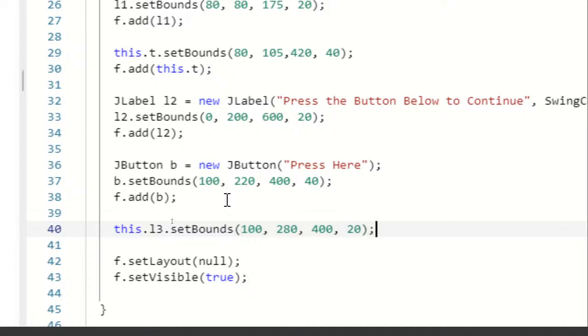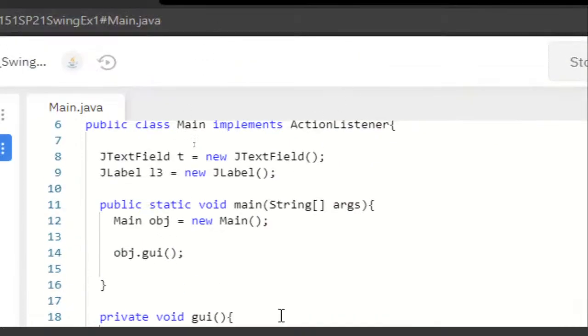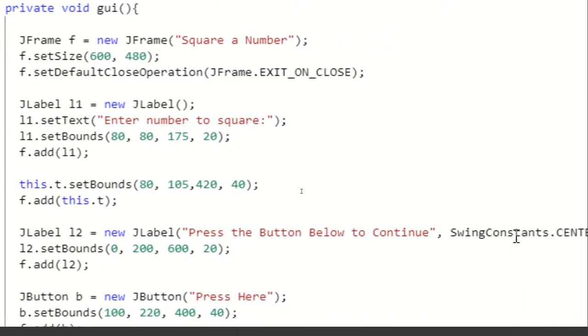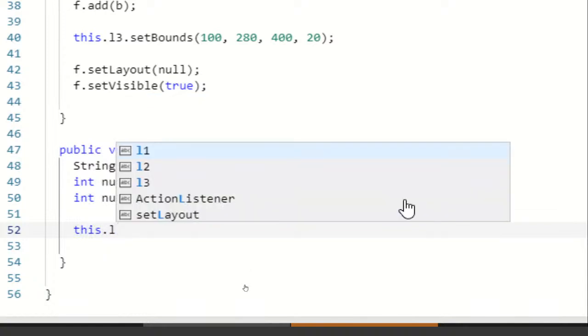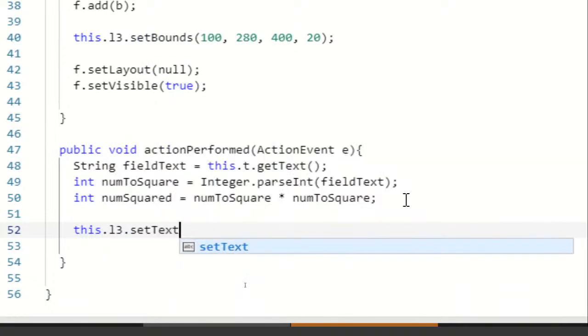It won't quite be centered, but it'll be fine, because it'll vary based on what our output is anyway. We could try to do it a little bit fancier, kind of like how we did this thing here. Well, we're just going to keep it simple. We're running close on time anyway, so we'll just want to move to the next thing. And so then all we'll do is, when this action occurs, we'll put that number into that label that we just created. So this.l3.setText,